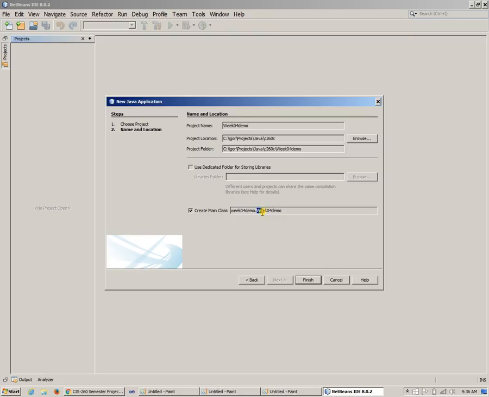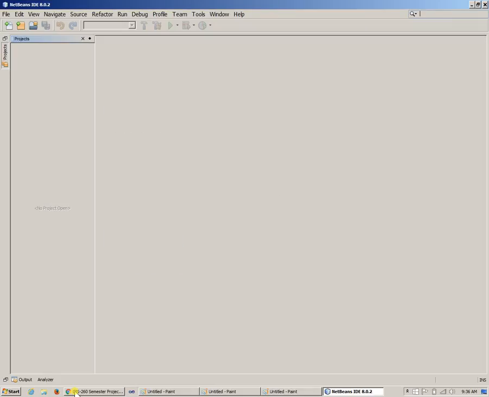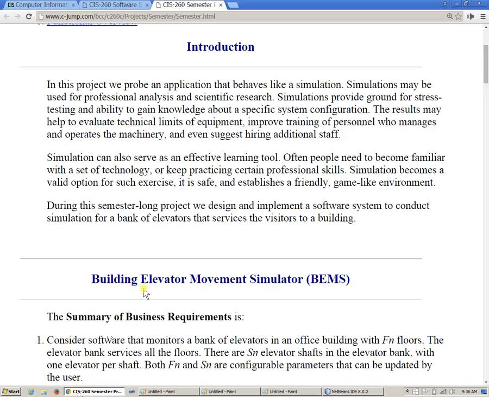And yes, I will use a main class in this initial setup, main app, right? Very simple. Finish. So this will create my main class, and while this is all getting started, what I would like to do is jump